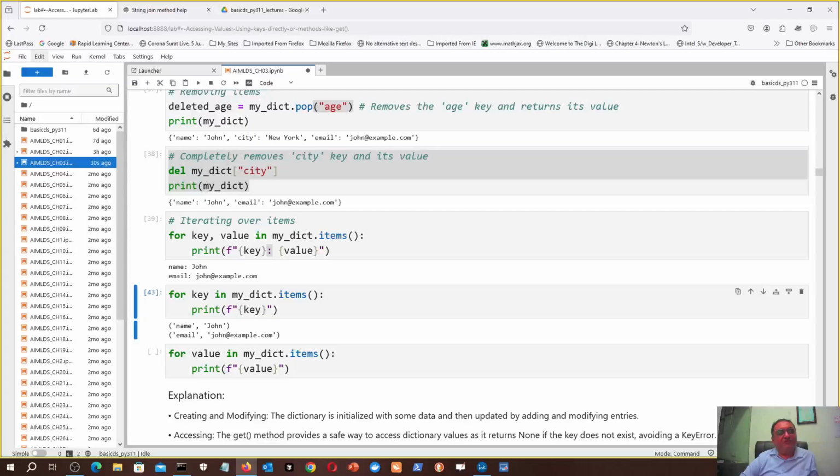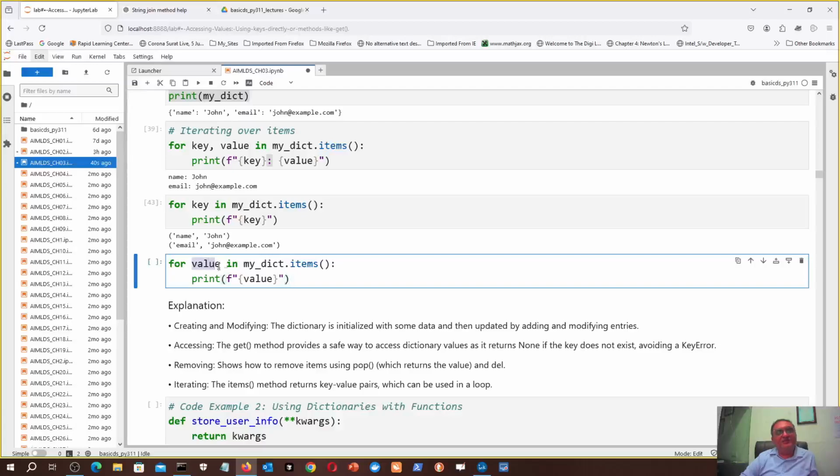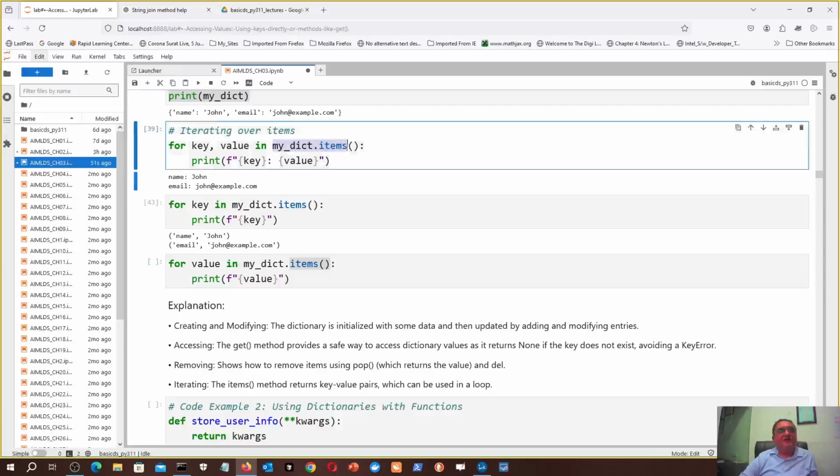Here it is by default producing the key and the value in the form of two different parentheses. Okay, fine. And here you can also iterate through the dictionary using its value. So in that case, for value in my dict.items, again there is no need of my dict.values. Okay, so this part remains the same